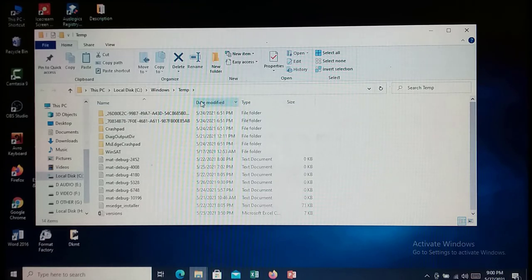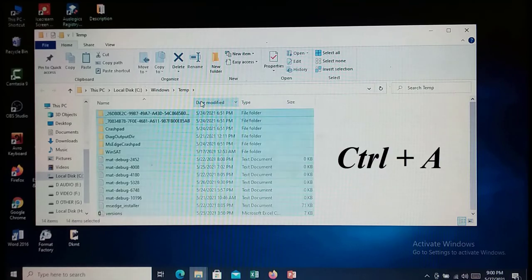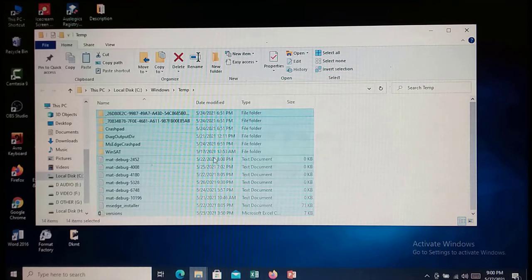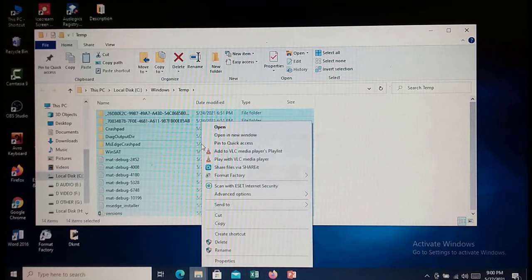Now from the keyboard press Ctrl plus A to select. Now see all of the files have been selected. Dear viewers, now click the right button of the mouse.